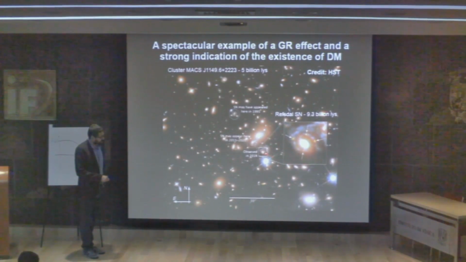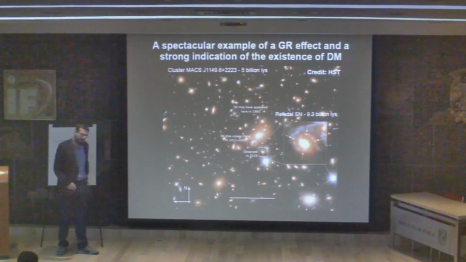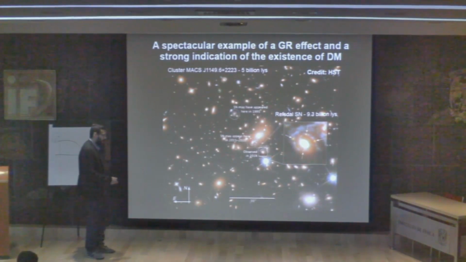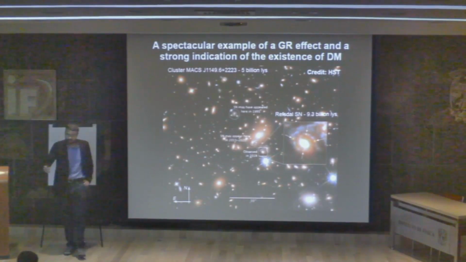And this in particular is nice because it has these multiple images. You can model the distribution of dark matter here and make a prediction that the supernova should be seen now here between 2015 and 2020. That was predicted in 2014, that it would appear somewhere there because of this time delay,